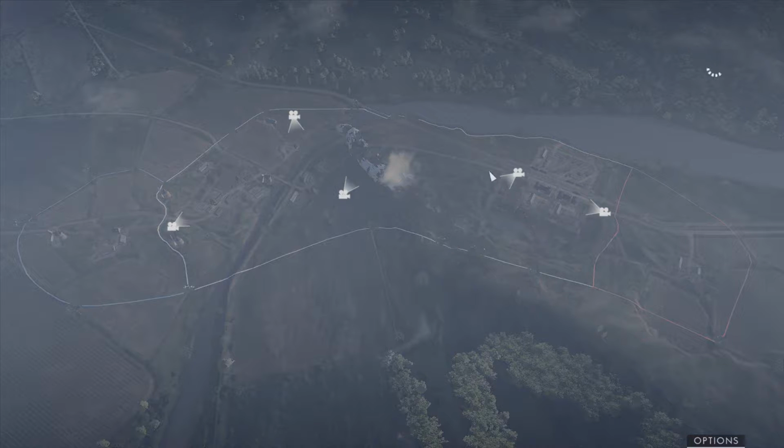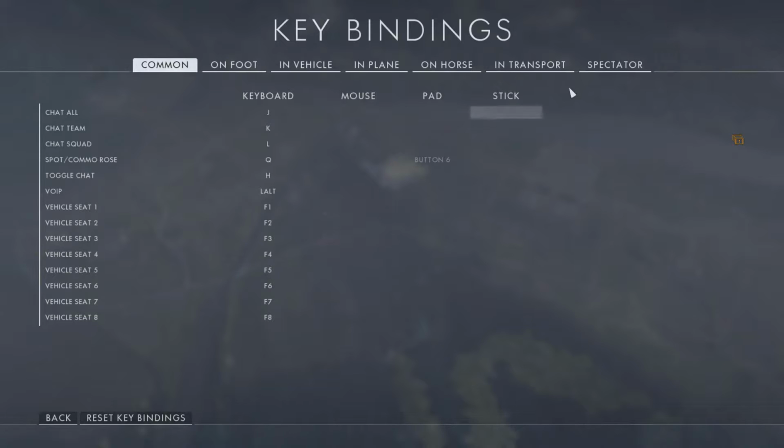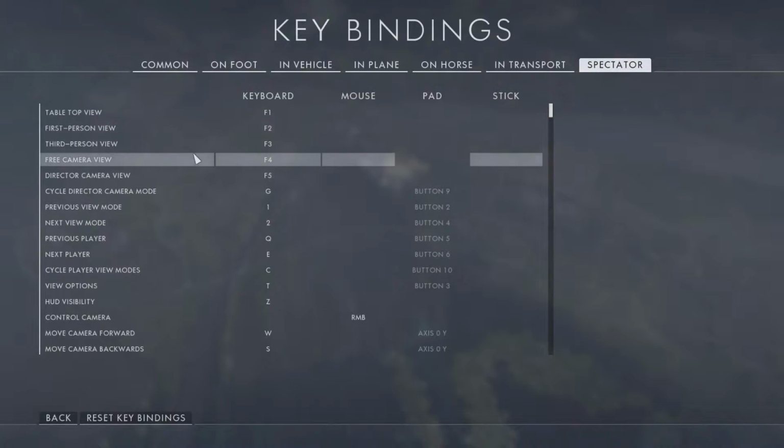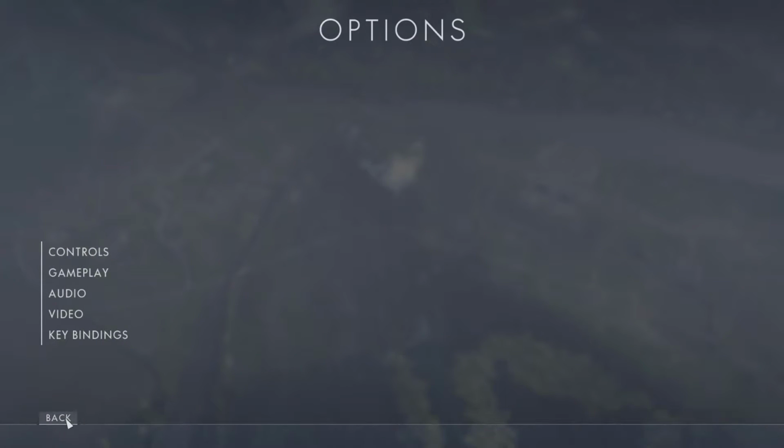Alright, and we're back. So this is the tabletop view, which is F1. F2 is for first person view of the player that you are watching, and F3 is third person. But let's just go over the little settings you have there in the key bindings. We're gonna click spectator, and as you can see, F1 is tabletop, F2 is first person, F3 is third person, and we have the free camera view, and then we have the director view. So let's get back to the tabletop,